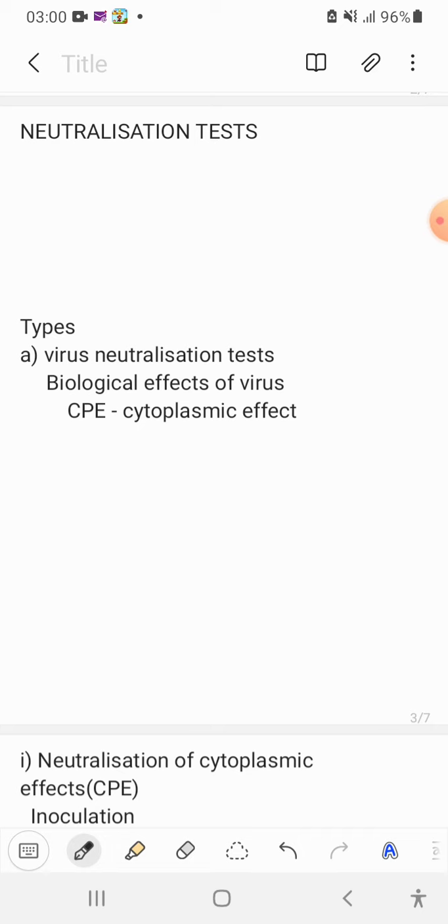If I have an antigen, so that is the antigen, call it K. It may have biological effects, like maybe killing an animal or causing symptoms. When it reacts with a specific antibody,